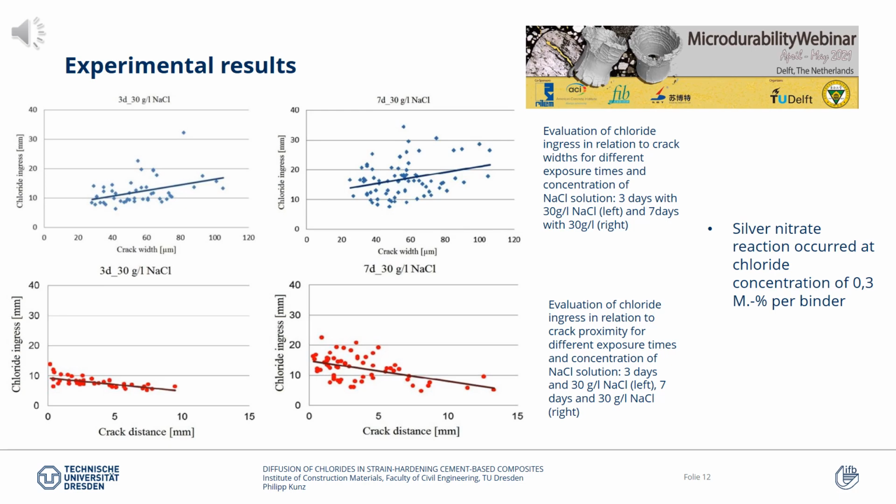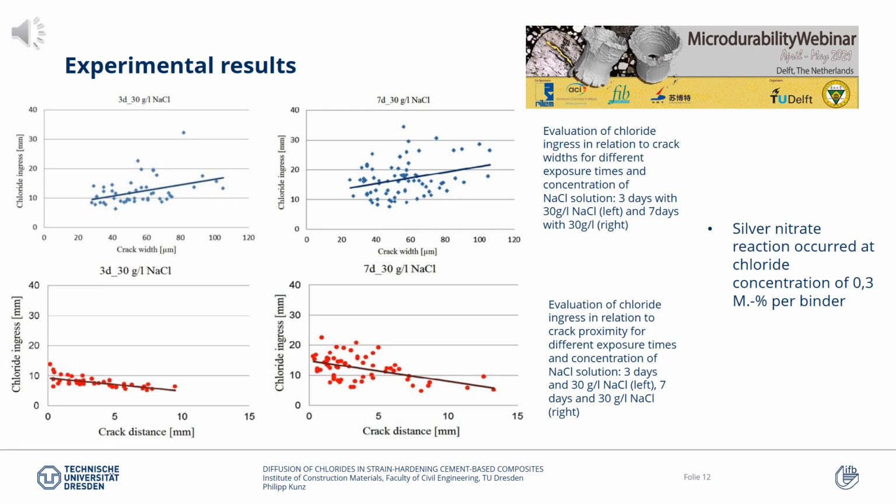It shows that we have an increasing chloride penetration due to a higher concentration and due to a longer exposure with increasing crack width. And combining that with the crack spacing, you can see here a quite